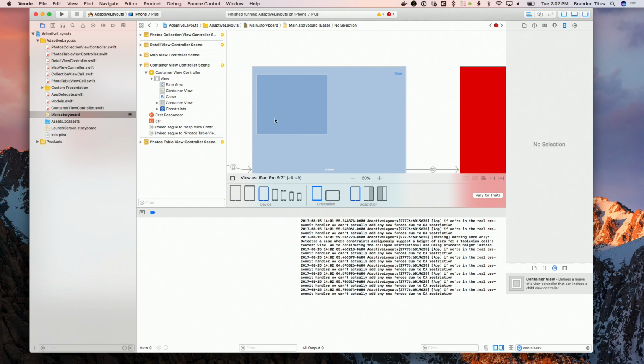So the other thing that we can do with this, as I mentioned before, is we can override the trait collection so that it knows that it's no longer in that full width of the iPad. And of course we could figure out what the width is, but that defeats the purpose of the auto layout stuff. So